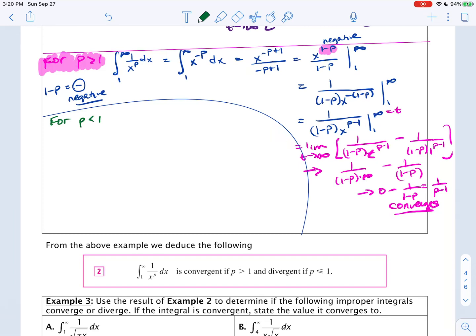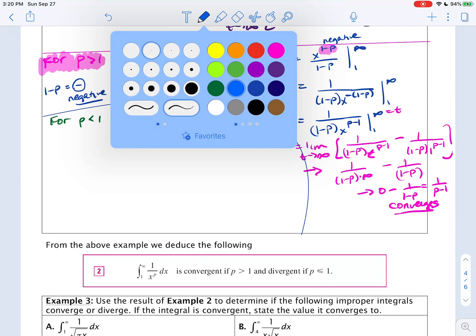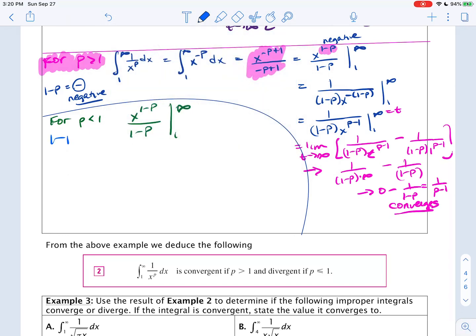We still have taken our integral here. We can take our integral. We'll have that we've got x to the 1 minus p over 1 minus p from 1 to infinity. For p less than 1, 1 minus p is going to be a positive number. So with a positive exponent, we remain in the numerator, and so we're going to say that the limit as